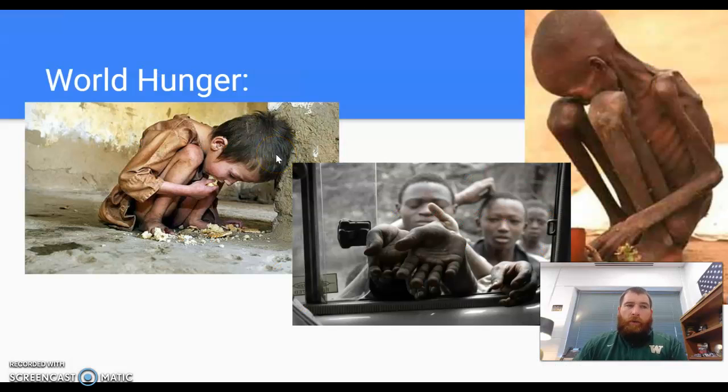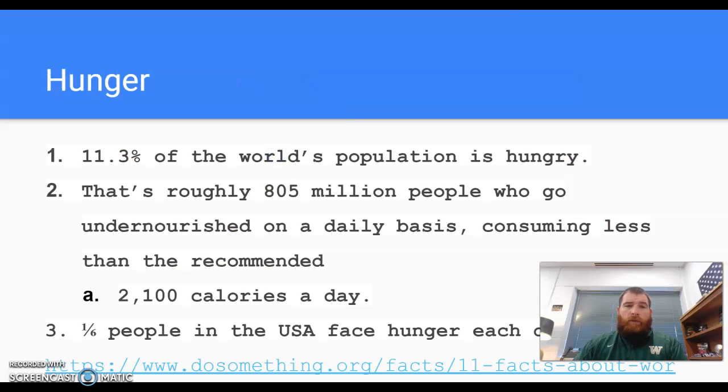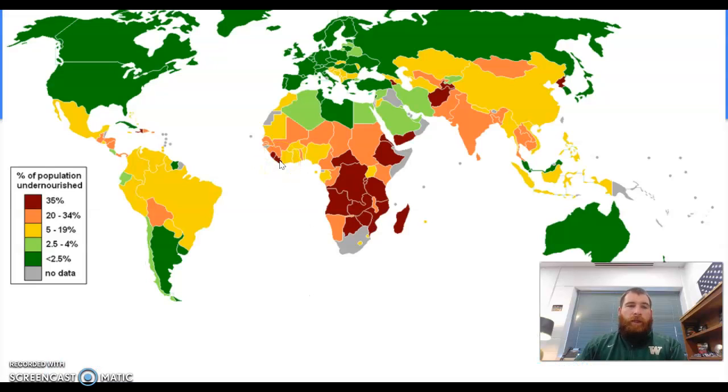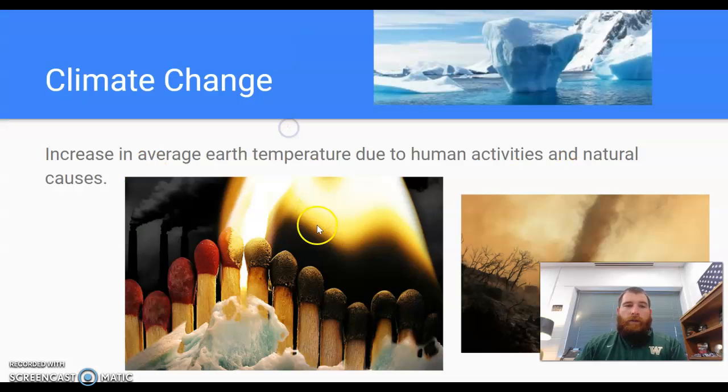World hunger's everywhere. You just have to prove it, and you have to prove why it's such a big deal. There is extreme hunger across this world, but there are even great examples of hunger in our own communities. So find statistics on everything. Compare the world to the U.S., to Iowa or Iowa City. There are statistics out there on that, and show us why it's an issue and what you can do about it. Undernourished population of the world, just a quick glimpse here. A lot of things to look at.